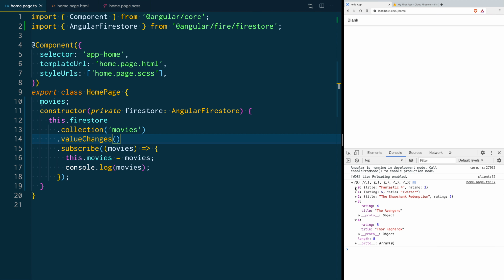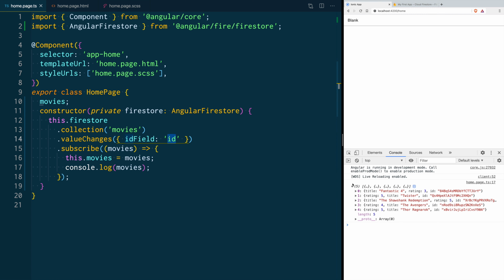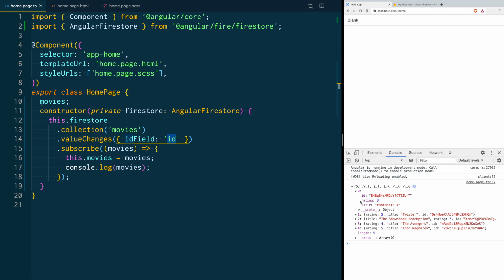One thing you can do is to always store the ID inside of the document, but if that's not an option for you, there's a function for Angular Fire that can get it for you. Inside of the valueChanges function, you can pass a property called idField. And you say, hey, I want you to bring the ID of this document, and we're going to be creating a property inside the document called ID. Now, if I save this and reload the page, you can see that when I open the documents, now they have the rating, the title, and the ID.